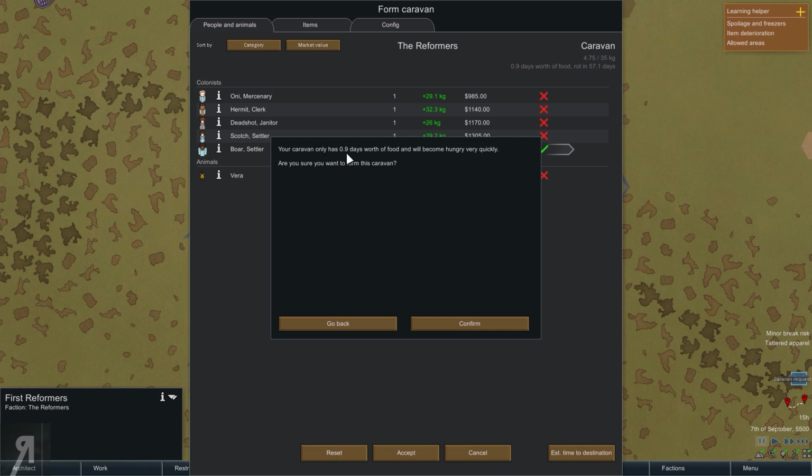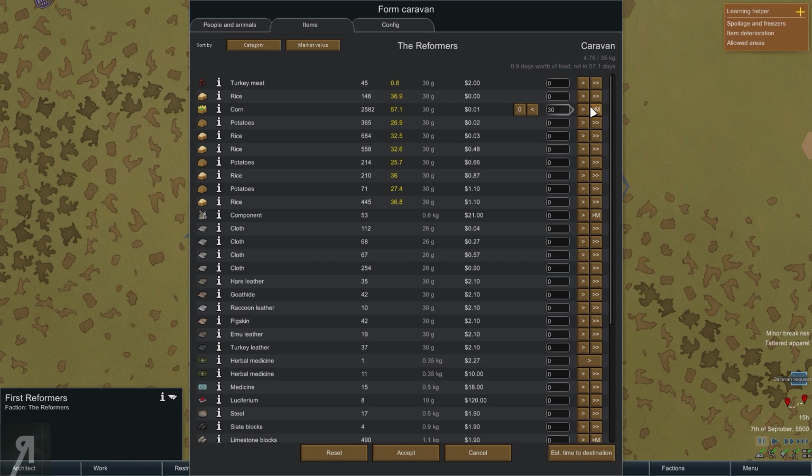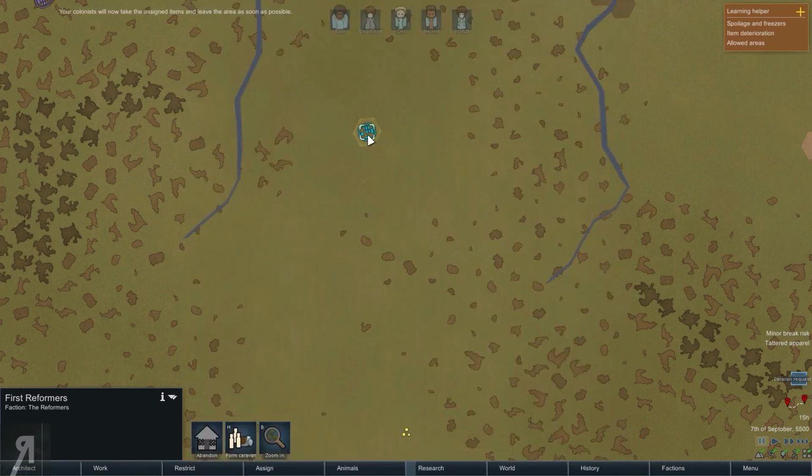Only has 0.9. I actually thought that was enough. I mean, I don't know how long it's actually gonna take him to get back here. So should I just wait? Can I just end? Yes, there we go. Phew. I was actually a bit worried there. I'm going to give him 300 ears of corn. There we go. All right, so now,